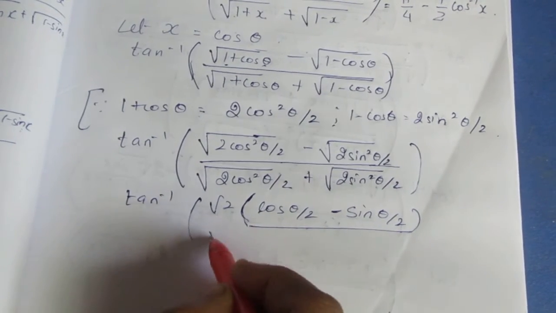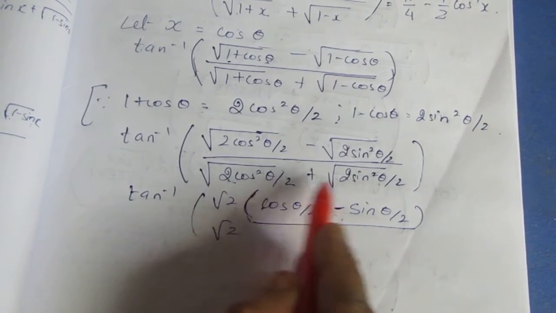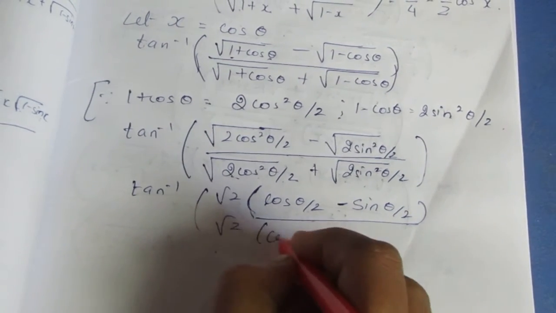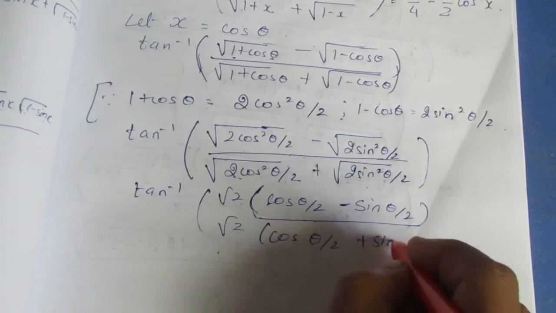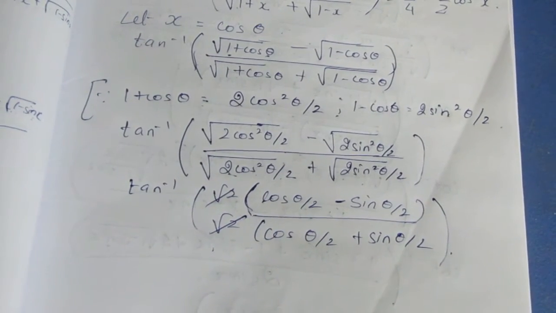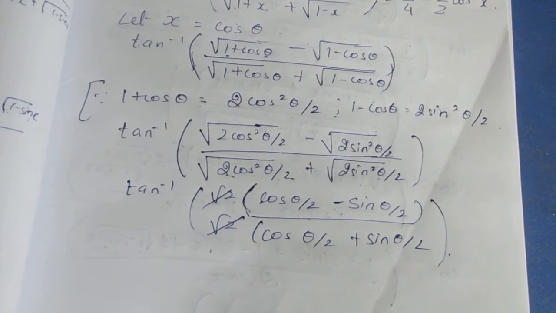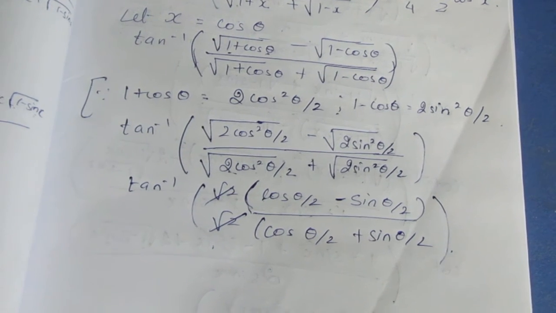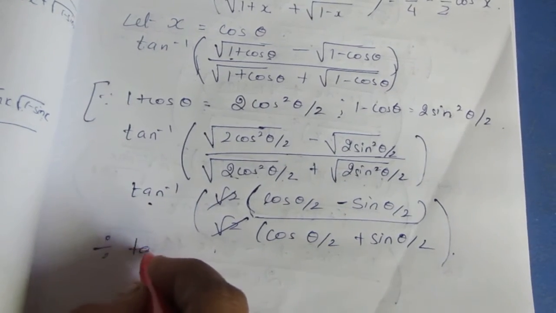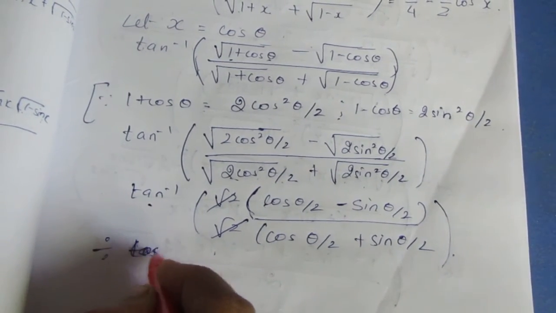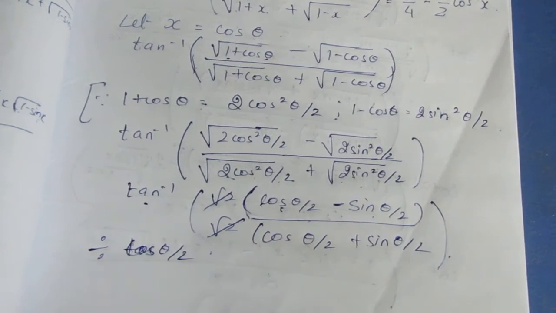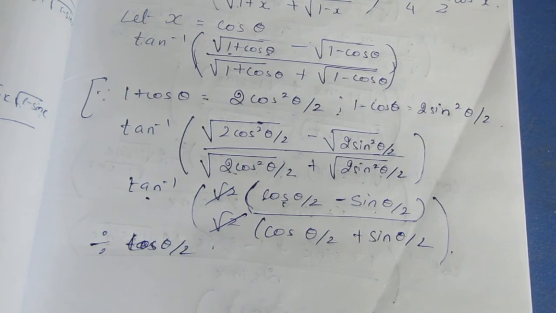The same way in the denominator also I can take root 2 common. Here root 2 cos theta by 2 plus root 2 sin theta by 2, taking root 2 common outside, it becomes cos theta by 2 plus sin theta by 2. Here both root 2 get cancelled. We want a tan to appear, so for that reason I am going to divide the whole thing by cos theta by 2. If it is cos theta by 2, this gets cancelled and here it becomes tan. In the same way this gets cancelled and here it becomes tan, so that it will be easy for us to solve it.